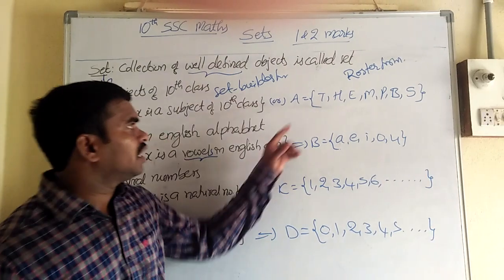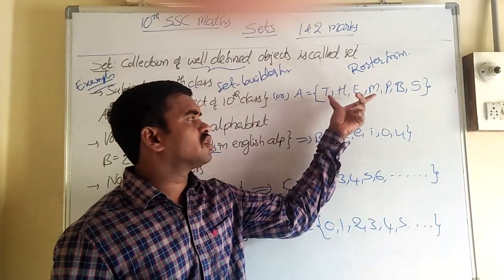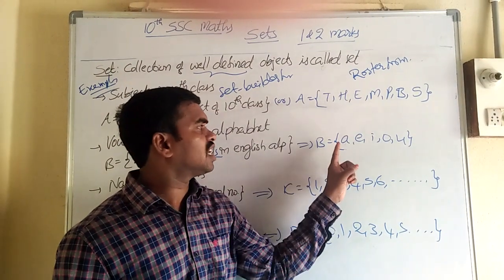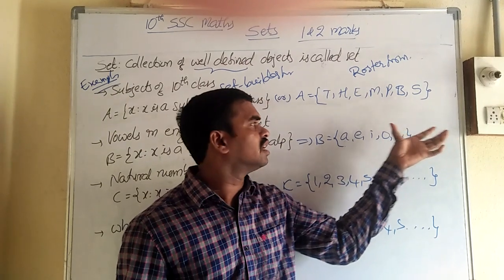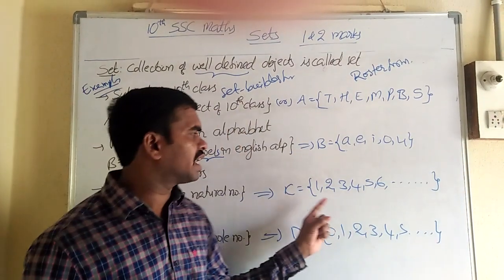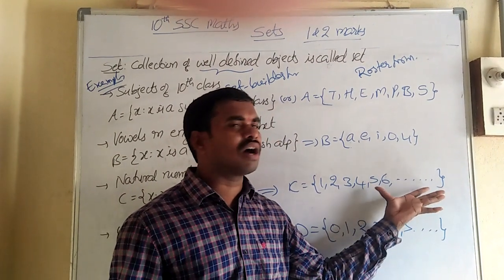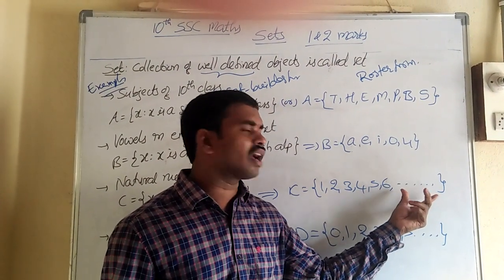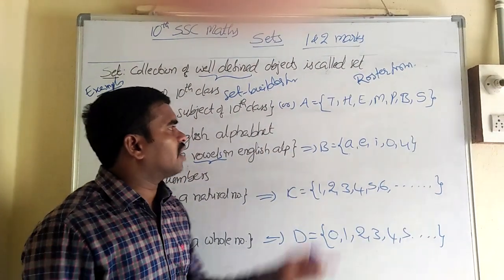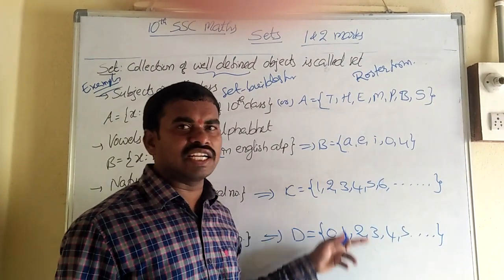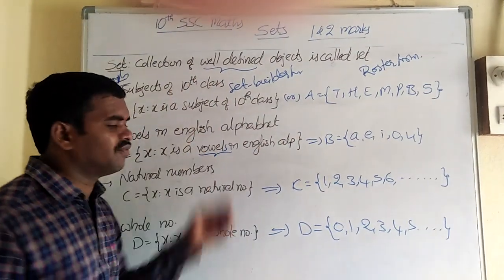And moreover, here the number of elements in the list is finite. So this is called a finite set. And here also, how many elements are there? 1, 2, 3, 4, 5 are there. This is finite, so it is a finite set. But here, what is the last element? We don't know. So it is called an infinite set, because there are infinitely many numbers here. So finite sets and infinite sets, in this way also we can understand. So roster form and set builder form.